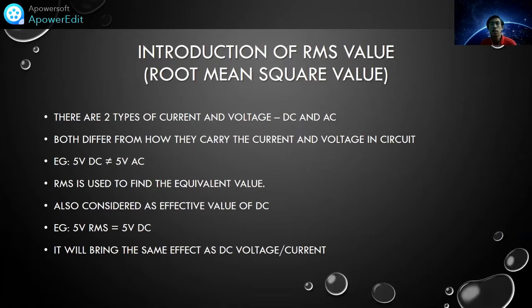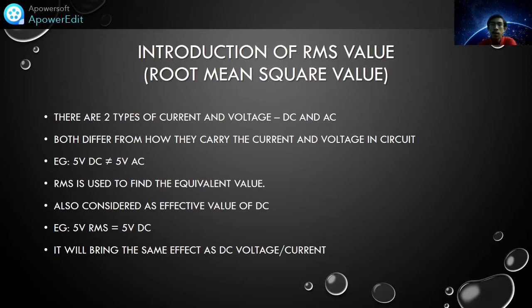So before we proceed to how we find the formula for the RMS value, it's best for us to have a little bit of knowledge about what the RMS value actually means. RMS stands for root mean square value. In electricity, there are two types of current or voltage, which are direct current, DC, and alternating current, AC. These two types of current and voltage differ from how they carry the current and voltage